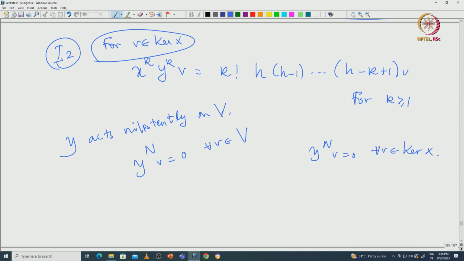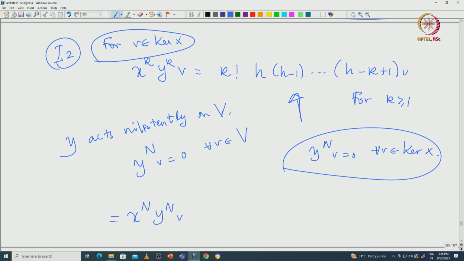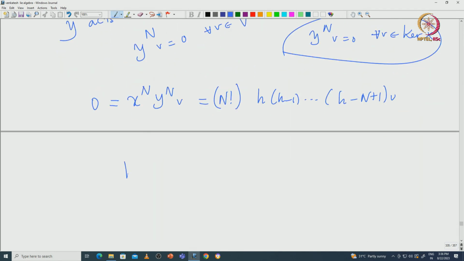Then if you substitute back here for the capital N, you can see that x^n y^n v should be 0, but on the other hand you get n factorial times h into (h - 1) etcetera (h - n + 1) v. So, that proves that h into (h - 1) etcetera (h - n + 1) is identically 0